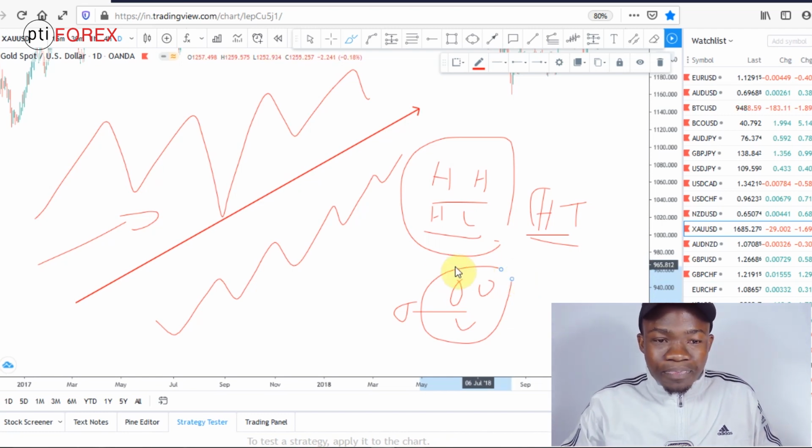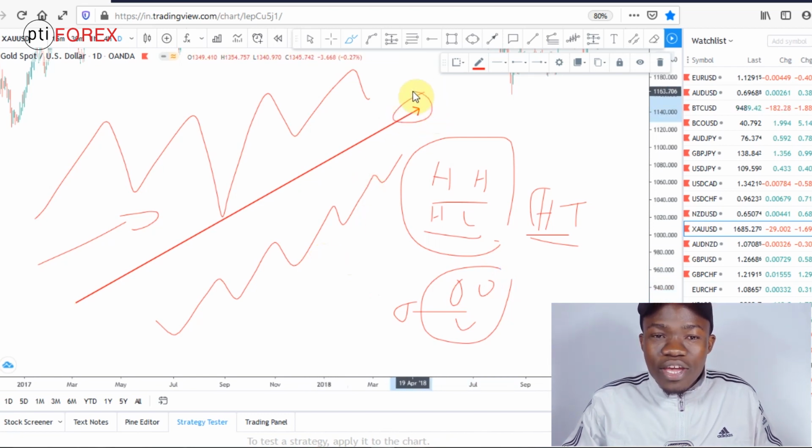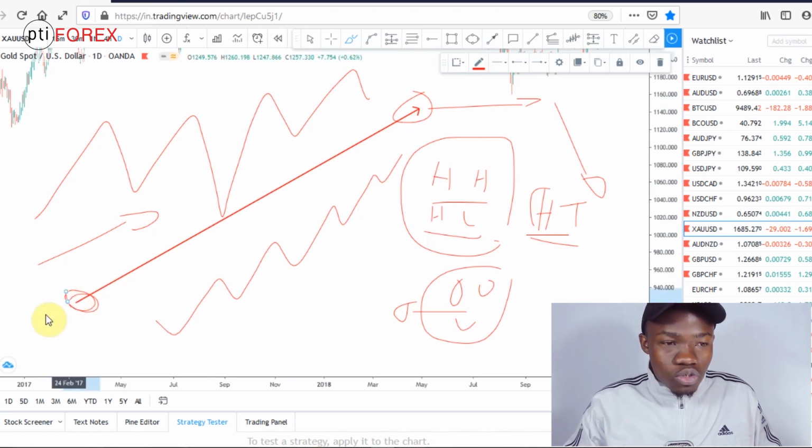For example, it will not be profitable for you to spot a trend when it is up here, because we do not know that the market is about to take the other direction. It is profitable for you to spot the trend when it is still in the beginning. Don't worry, I am going to show you. So when it comes to a